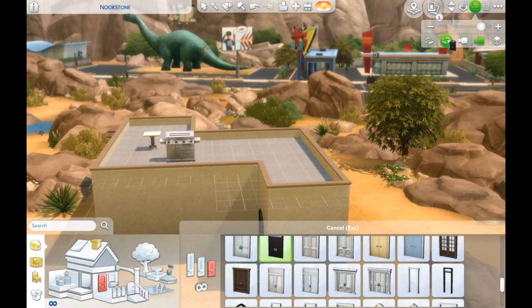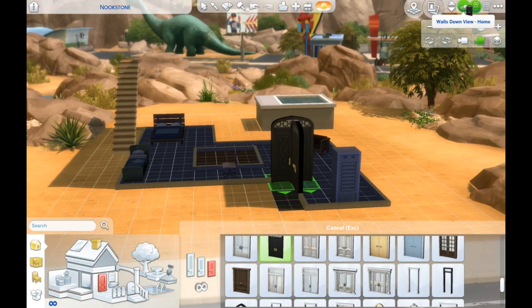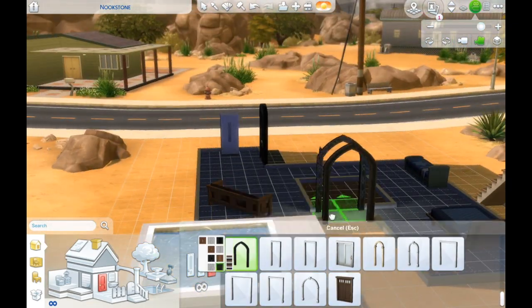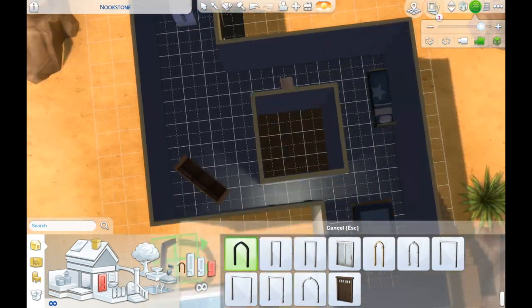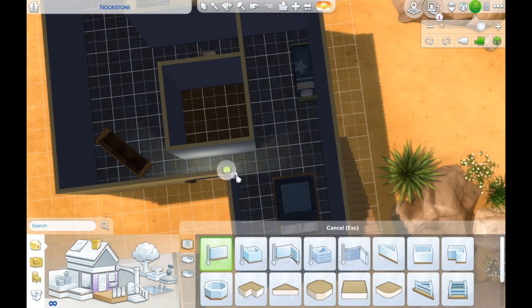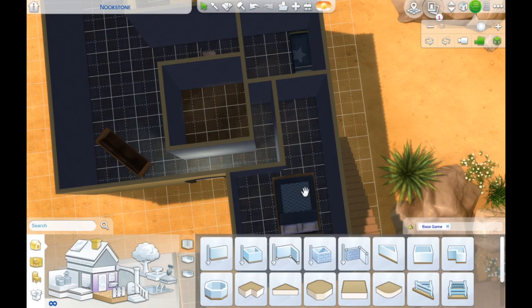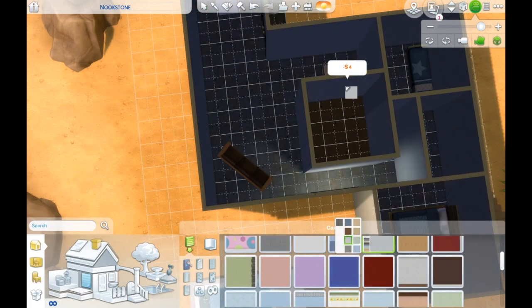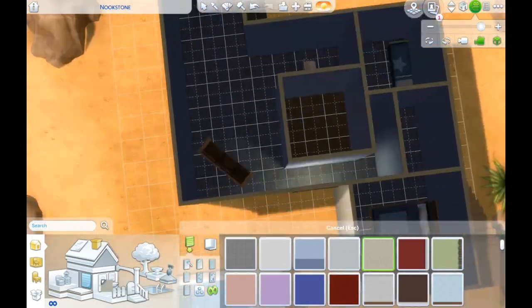So I wanted to use the other half of the base game items that we have, the stuff that's a little bit more modern, and I especially wanted to use the things that we got with the customizable stairs update. So yeah, I did that. And I also felt like I should make a build in Oasis Springs. If I'm really going to test out what it's like to build in all these different worlds,